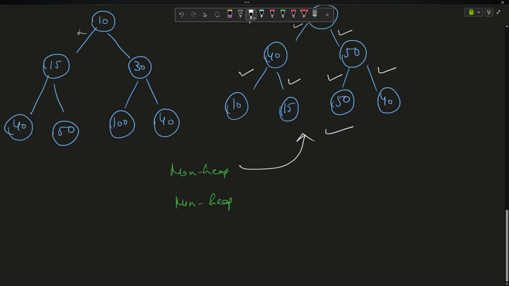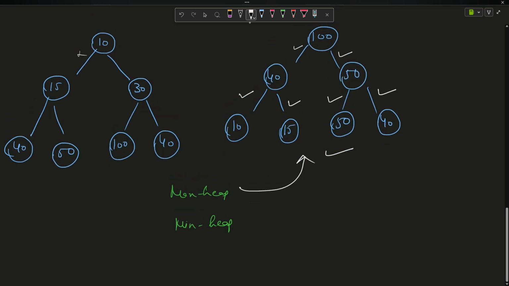Okay. Talking about min heap, let us analyze for this. 10 less than 15, yes. 10 less than 30, yes. 15 less than 40, yes. 15 less than 50, yes. 30 less than 100, yes. 30 less than 40, yes. So this is a min heap, right? I hope you were able to distinguish which one is the max heap and which one is the min heap, right? Now,